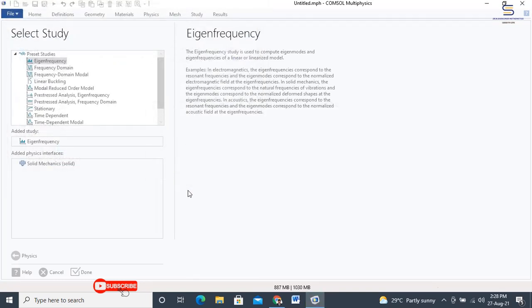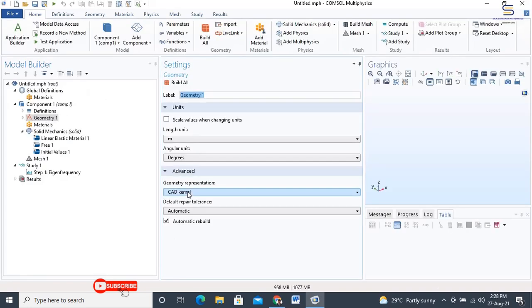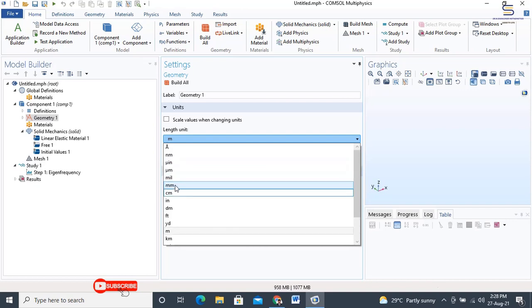And then the interface opens, in which you can change the length unit from meters to micrometers.